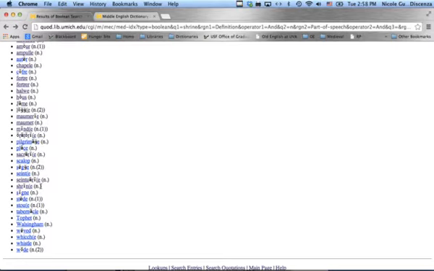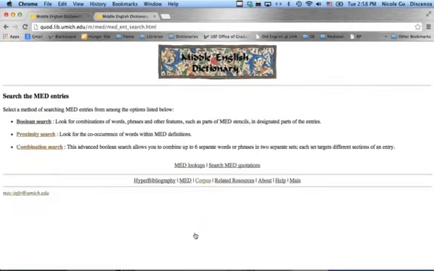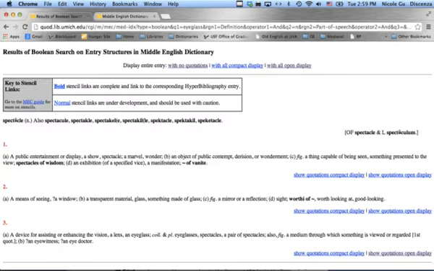Now for my students writing creative projects in Middle English, search entries is a wonderful feature because you can check any word you can think of to see if people in the 14th century were using it. So for instance, could Chaucer have written about eyeglasses? Let's find out. If I look up eyeglass, I won't find it. But if I look up eyeglass in the definition and noun in part of speech, I get one option, spectacle.